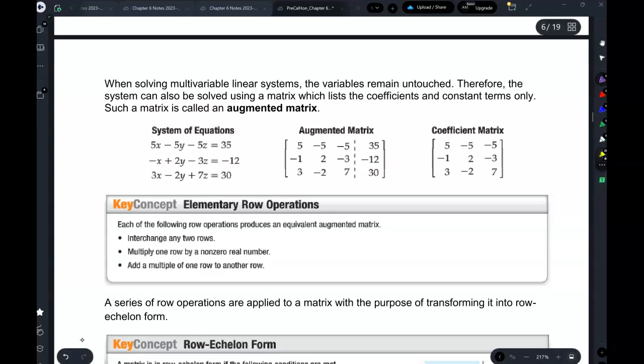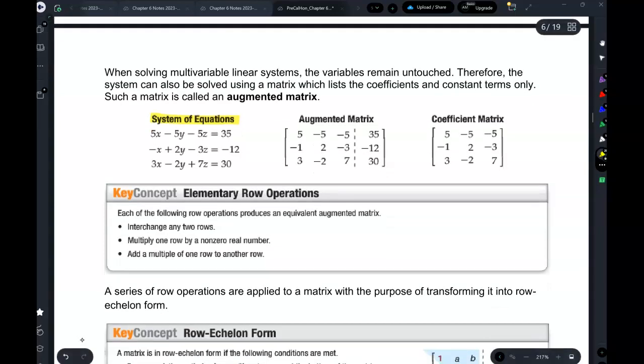So take a look. Here we have a system of equations. I can just take the coefficients, since that's all I need, and put it into what I call an augmented matrix. Augmented means like separator, right? There's a line here. So basically the coefficients all go in here. The constants go in the last column. Okay? All right, and now I can do the process that I did before, the Gaussian elimination on this, but